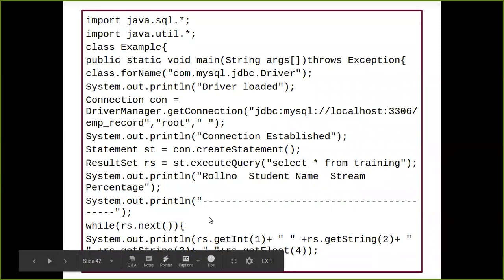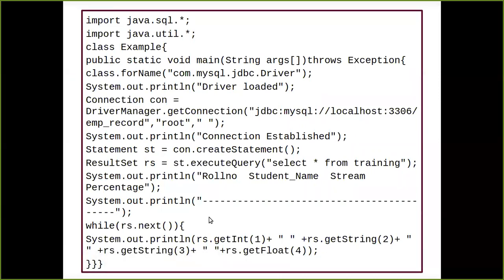I told you Java is something where you have to say even a simple, normal thing to your program, telling it what it has to do. Your servlet, your Java, is not going to do anything automatically. Everything you have to code. From which column, in which format, everything you have to mention. So this is one basic structure you can have for your database connectivity. I just hope that you have understood something, not expecting everything, but at least something.